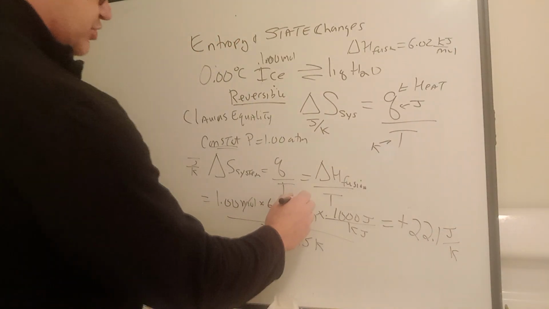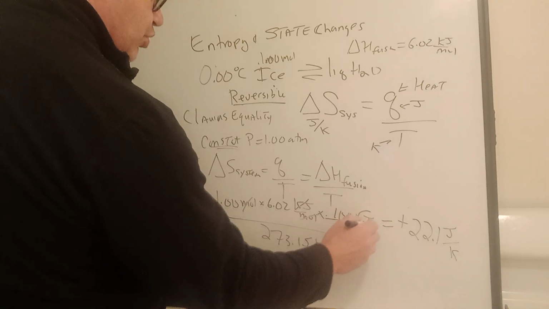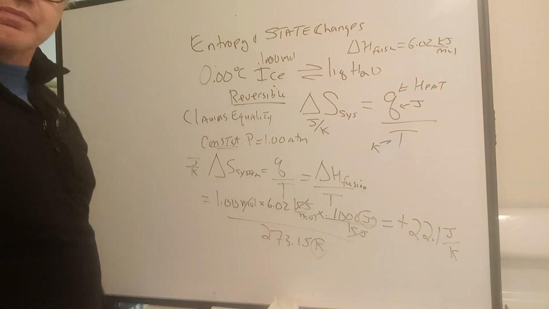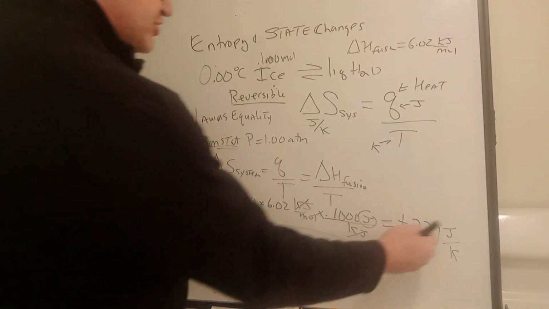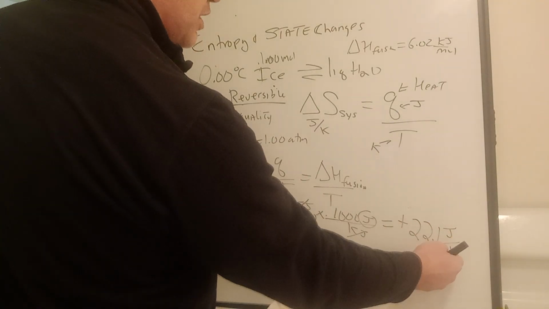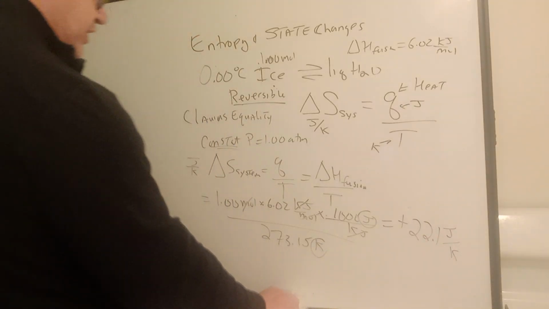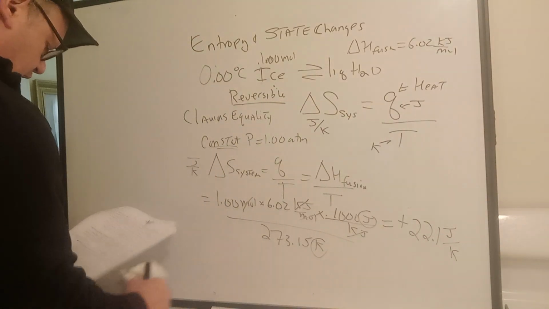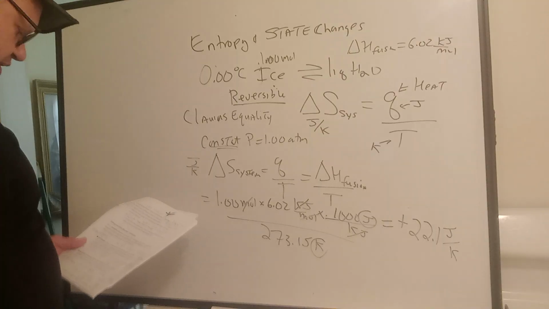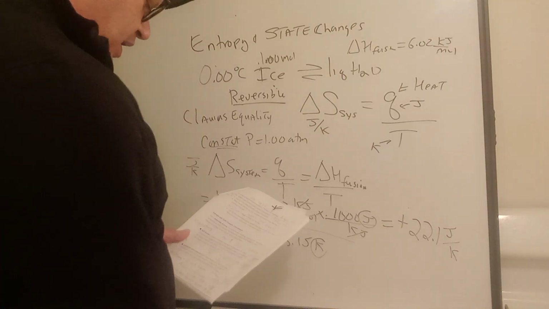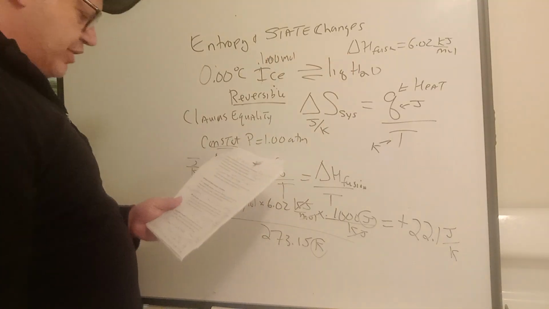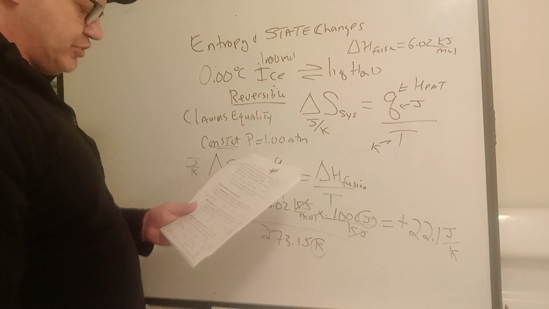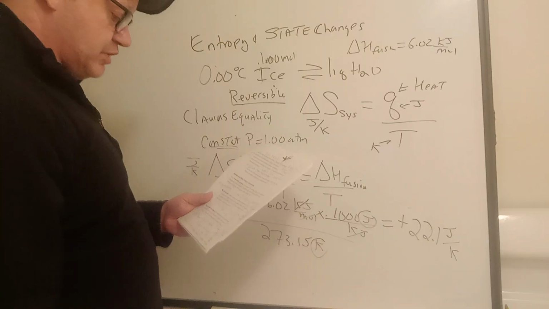The kilojoules cancels here. You're just left with joules and Kelvin. So again, entropy has units of energy, joules preferentially, and then temperature in Kelvin. So underneath this, there's a conceptual skill builder. It says, since liquid water and ice are under equilibrium at 1 atmosphere and 0 degrees Celsius, it's equilibrium,